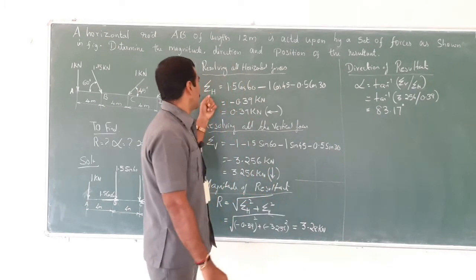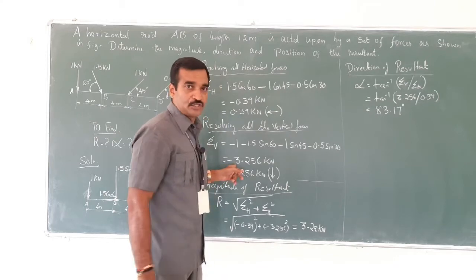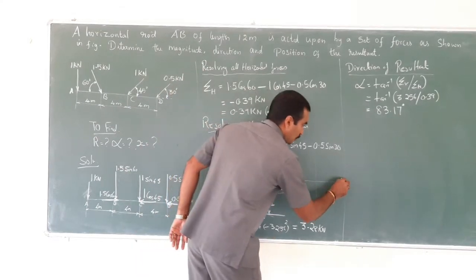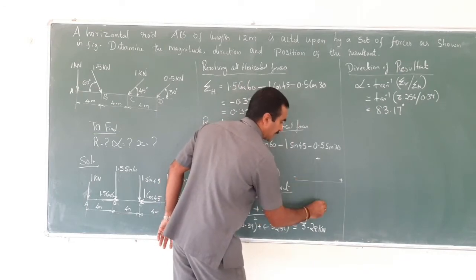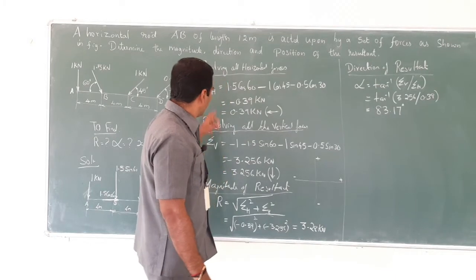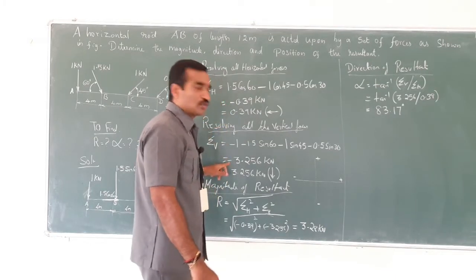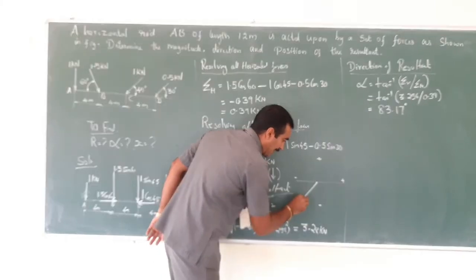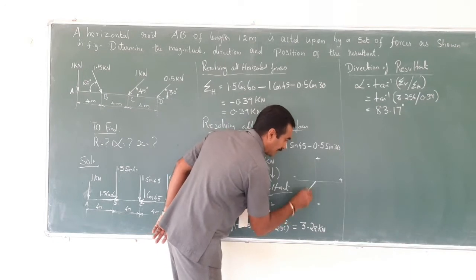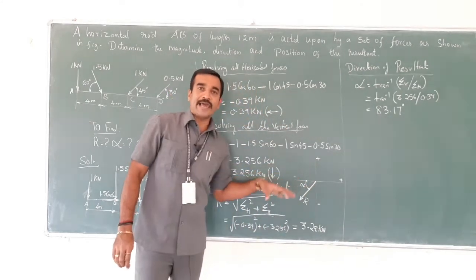Right. So let me just draw a sample diagram here to show in which location this resultant is acting. Look at here, summation H value is negative, summation V value is again negative. Right. Here it is positive direction, this is negative direction, here it is positive direction, here is negative direction. Look at here, the summation H and summation V having negative sign, therefore it will act here. So the resultant force will act in this direction, and the inclination is 83.17, this is alpha. So this is how it is acting.